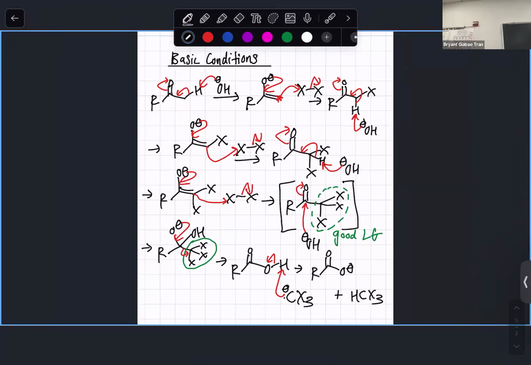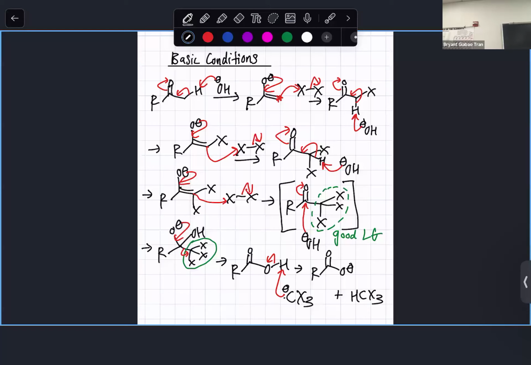So to recap the mechanism for basic conditions, what happens is that the strong base will deprotonate the acidic alpha hydrogen to form the enolate ion. From this enolate ion here, the nucleophile is not that oxygen minus. The oxygen minus does not attack the X. The alpha carbon is a nucleophile because if we draw in the resonance structure, we will see that the negative charge